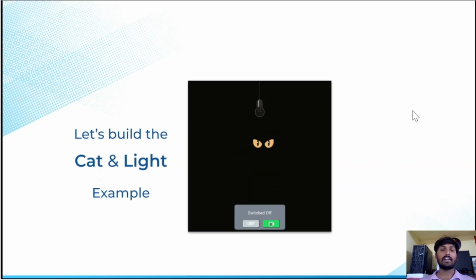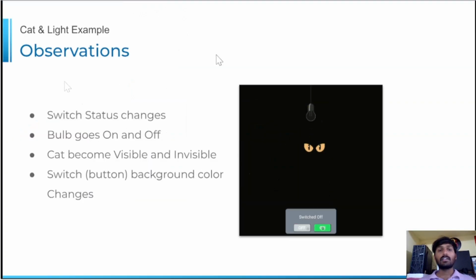Okay, after that let's understand the cat and light example. By this we can understand this concept in much more detail. Let's go. There are cat and light observations. The switch status changes between off and on. Then the bulb goes on and off, and the cat becomes visible and invisible, and the switch